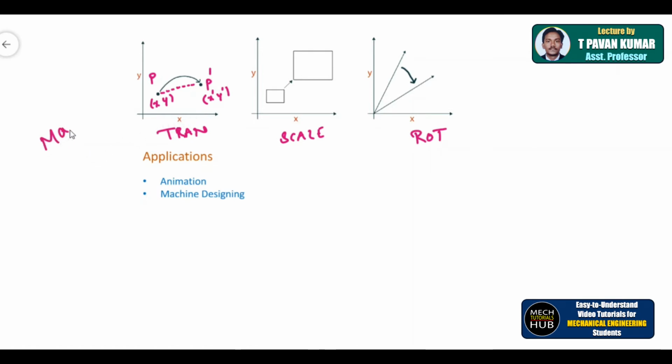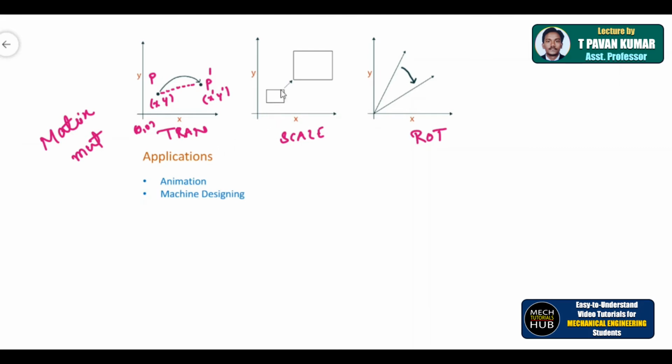Matrix multiplication is already fed to the system, or the program is written in such a way that it will react to whatever instructions are given by the designer. Here is the origin 0, 0. Alright, in a few cases, if you want to translate, rotate or scale, it can be done with respect to the origin, or else with respect to any arbitrary point, that you can see in the problems which I have already solved and posted in the channel.